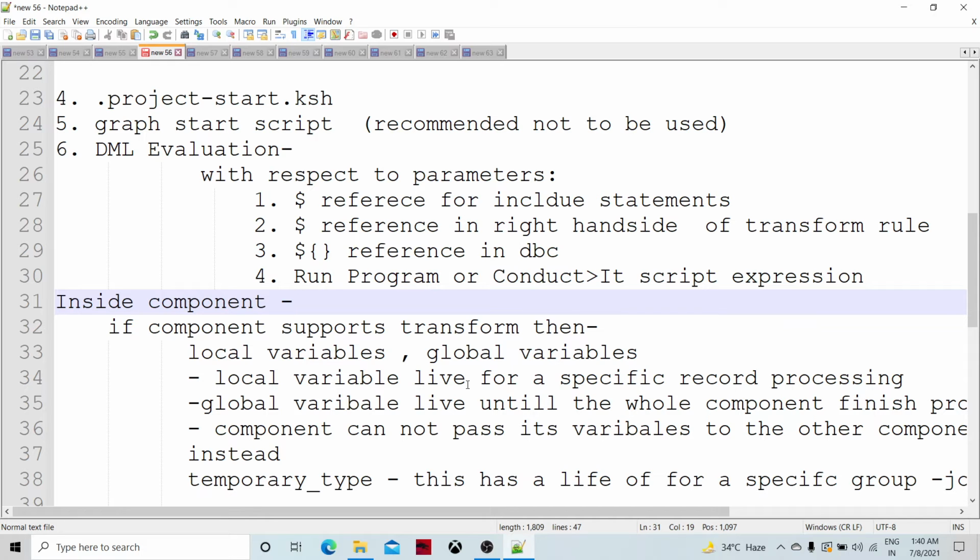Whatever we declare within the component boundary and outside any function is a global variable. If we declare a variable within a function, it is a local variable. The life of a local variable is within the function, as in many programming languages, and the global variable lives in the scope of the entire component transform, so it can be referenced in any function within the particular component transform or component package.